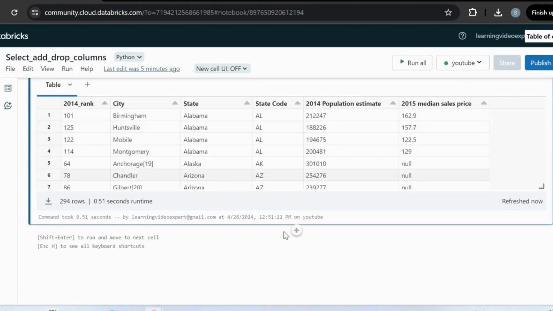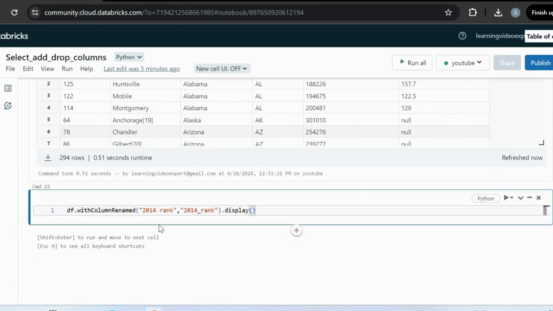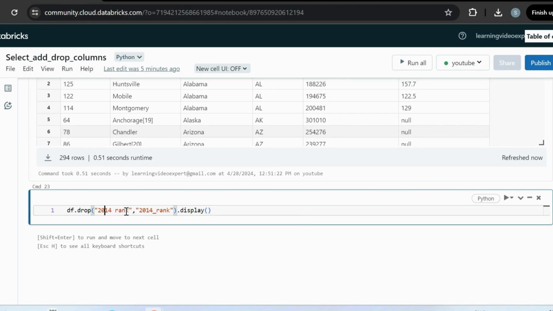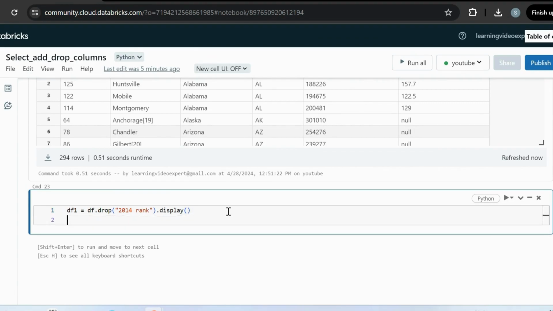Now let's say I want to drop this particular column itself. I will use the drop function that it provides. I want to drop this particular column. Now let me go ahead and save this in a data frame so that you can use it later wherever required, because I don't want to do anything with my existing data frame.